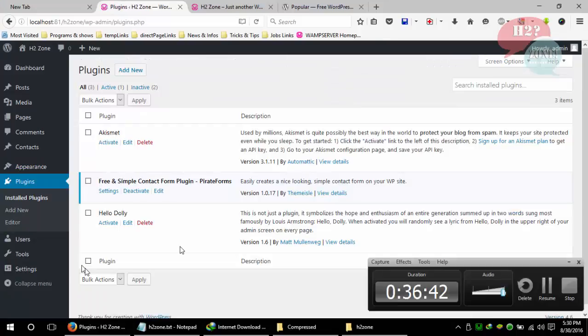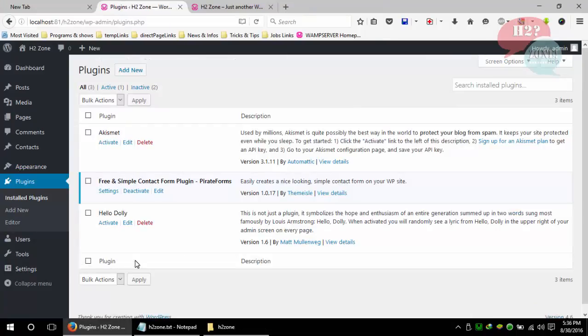In the plugin section, we see how many plugins you have on your website. In our case, we have 3 plugins, only 2 are inactive and 1 is active, and this plugin is related to our theme. That's why we can see this context menu. Otherwise, this context menu is not a part of the WordPress default theme. That's why I'm not going to discuss this context section.